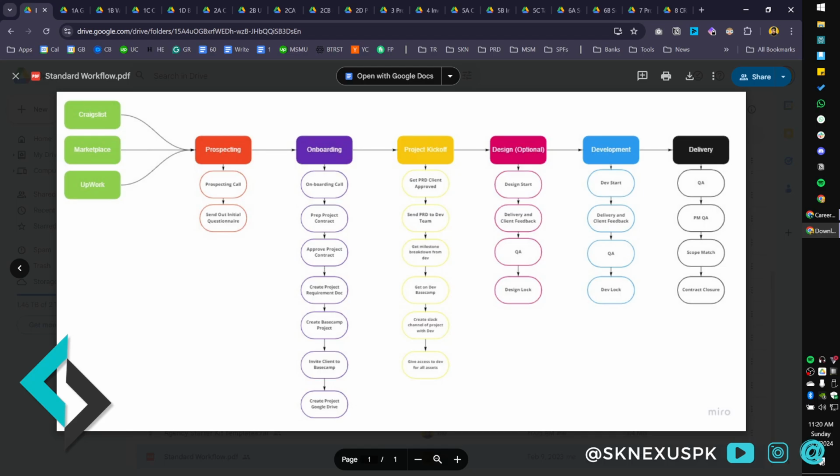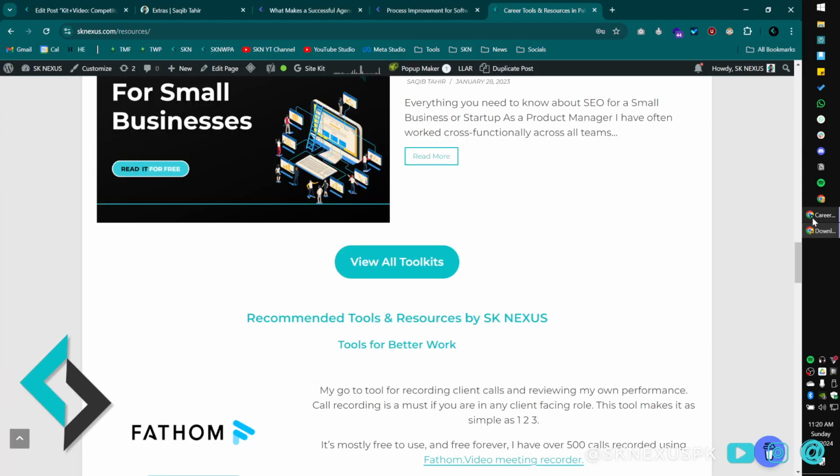You kick off the project, then you do design if it is part of the project. You skip if it is development only. You do deliverables, you do the delivery, close the contract, and move to a support contract, right? That's typically a very basic workflow that any software development agency has. And you can see it on this image. This will be in the kit as well.